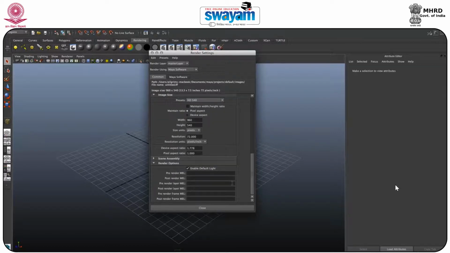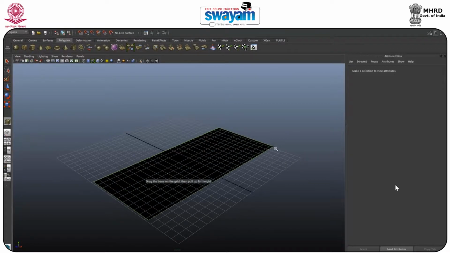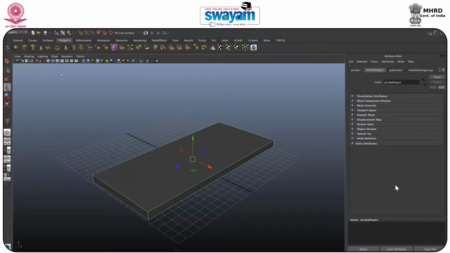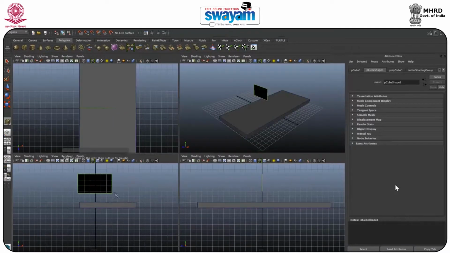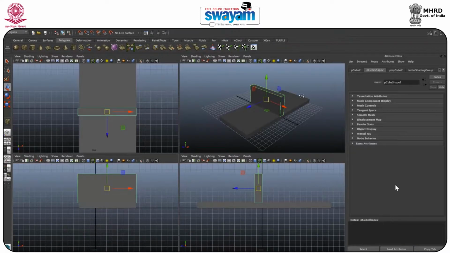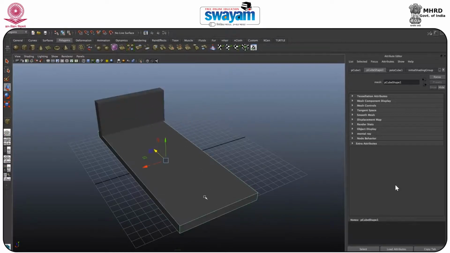In render options, you have enable default lighting. I will uncheck this because I will just emit the light from IES, so I will turn this off. So at first, how IES light works: see, I have this ground, and I have this wall, and as you look here, what we have,